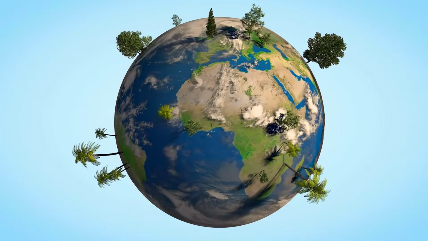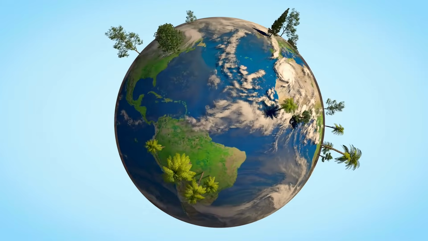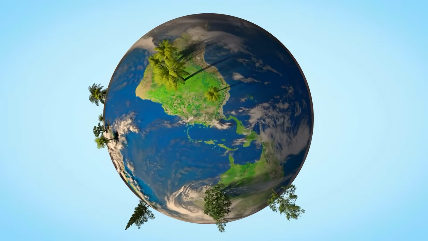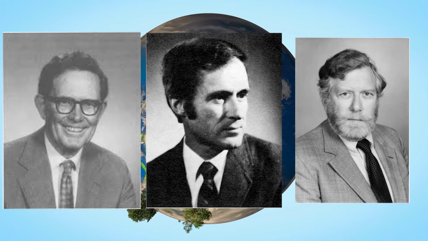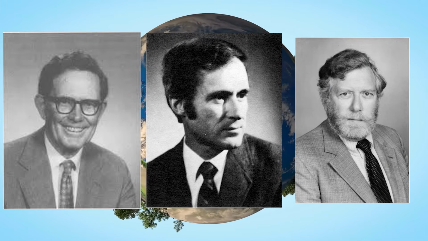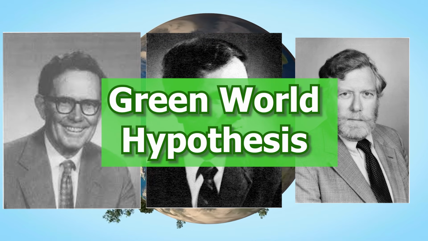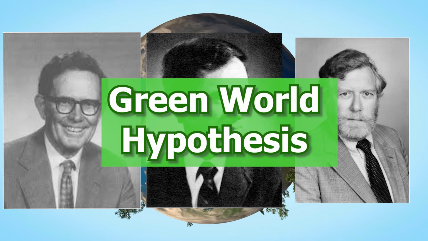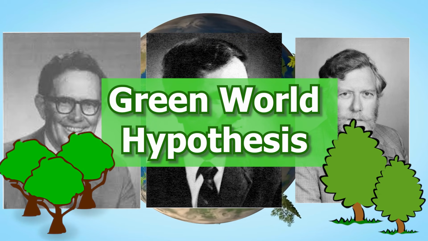In 1960, three scientists proposed an idea that would flip the world of ecology on its head. Their names were Nelson Hairston, Frederick Smith, and Lawrence Slobodkin, and their idea was known as the Green World Hypothesis. This hypothesis, like the name implies, attempts to explain why the world is green, why the world has so much